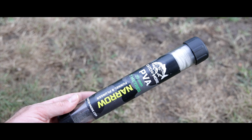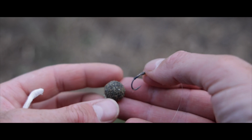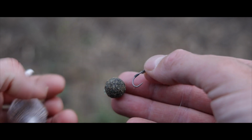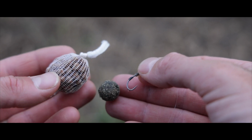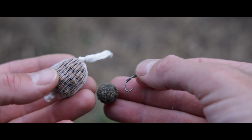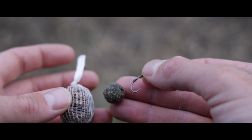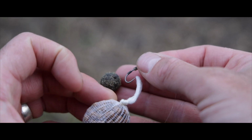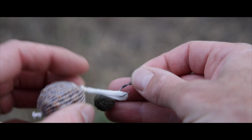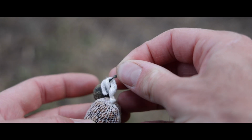I'm just going to show you what I do with my PVA now. Right guys, so we've got our rig there, and when we tie our PVA bag of pellets, I've just got some little 4mm fish meal pellets in there, but you'll notice I've left this a bit longer where I've cut it off. The reason for that is so you can hook it on and then wrap it round the back and then hook it on again,